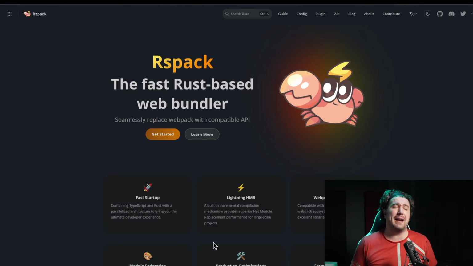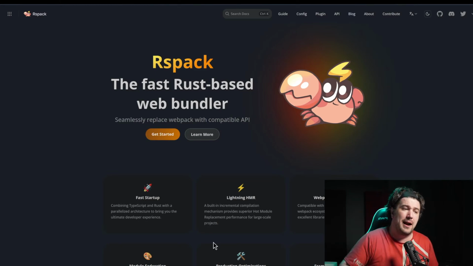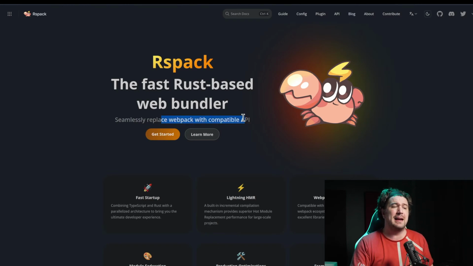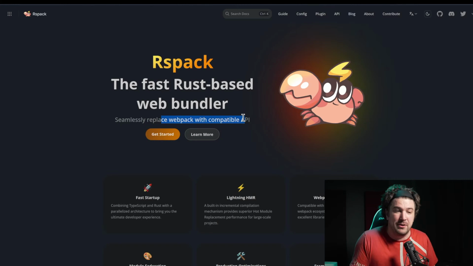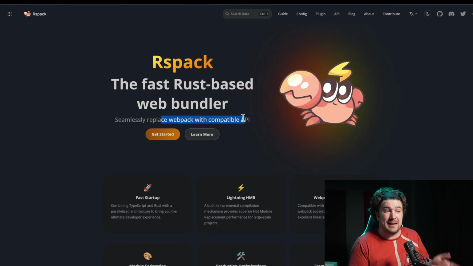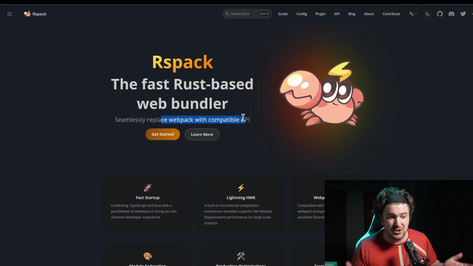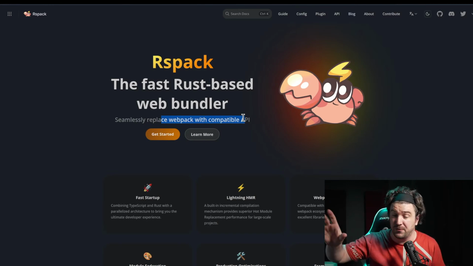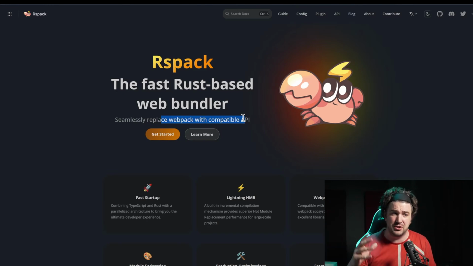But RSPack actually caught my eye because it's looking to be a Webpack compatible API, meaning it's looking to be a drop-in replacement that's just better. And that's actually really awesome. So I'm actually very excited about RSPack because it actually seems like a Webpack competitor that you can just switch to. Now, I think they have extra features that you can leverage if you actually start to adopt it, but